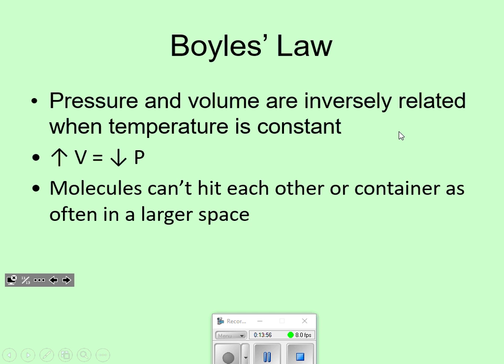Now, there are 3 entries still on your notes, because what we're going to cover next class is how temperature can affect the behavior of gases as well. So let's just hang on to that note sheet for next